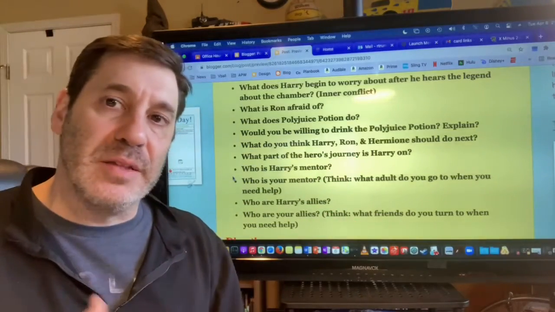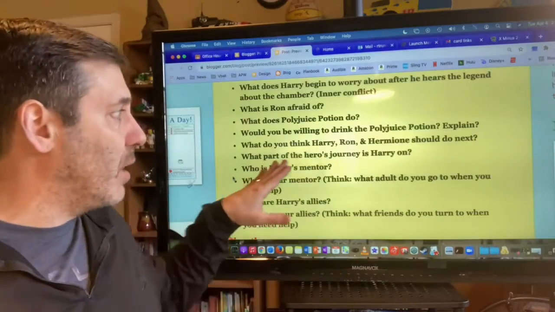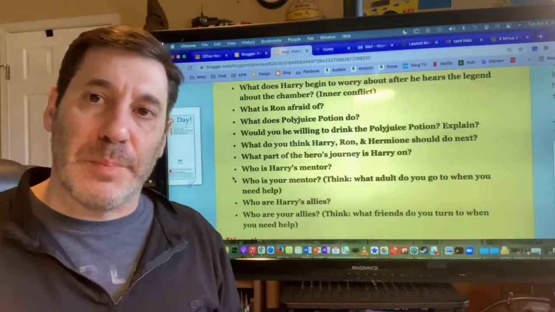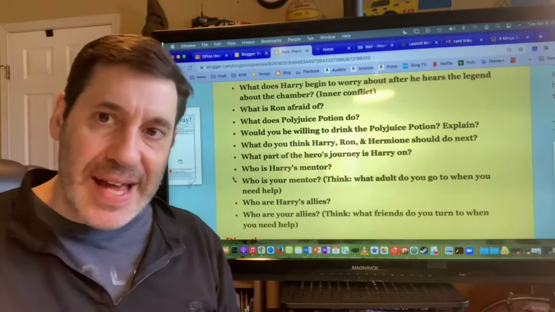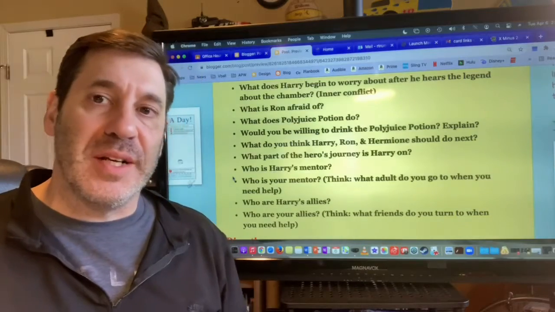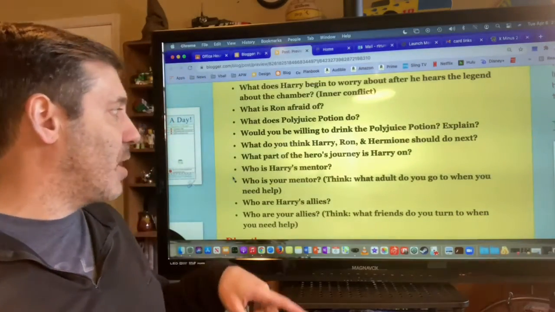We could go back, look in our notes. We should be very mindful about this. Harry's well into his road of trials right now. He's getting help from his allies and helpers, Ron and Hermione. Hagrid, his mentor, is always there to help him. Dumbledore, we're starting to see him come into the picture and support Harry when Harry needs help.